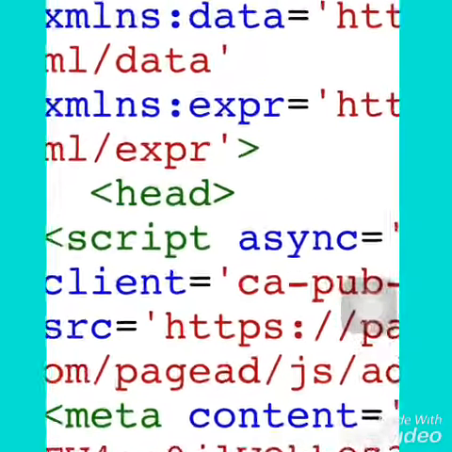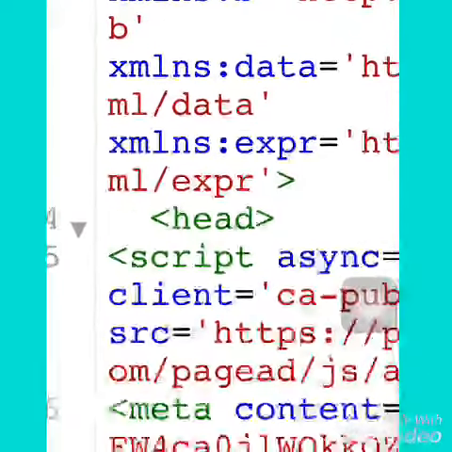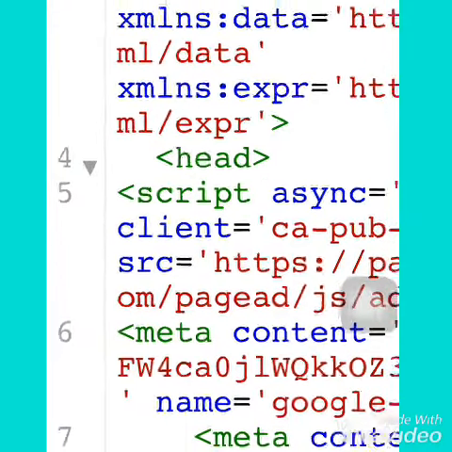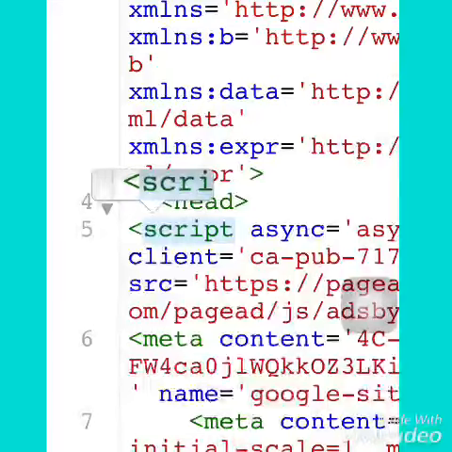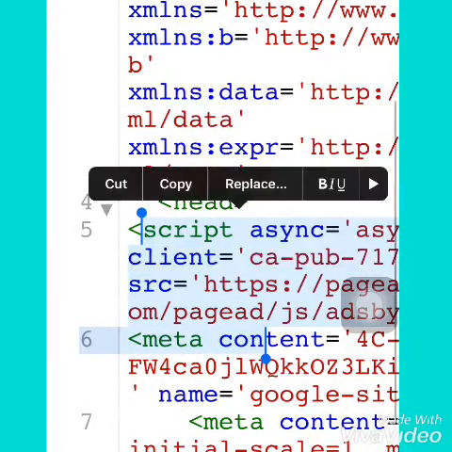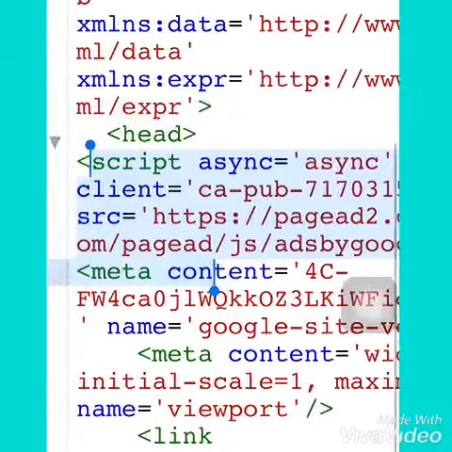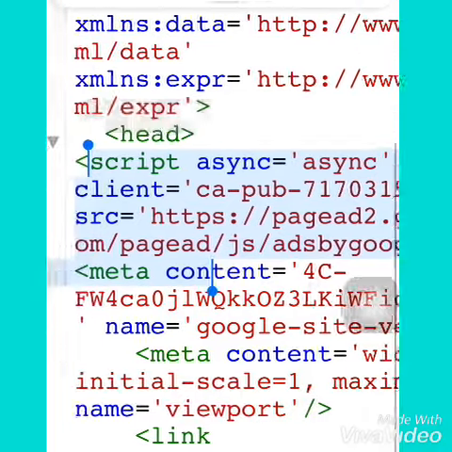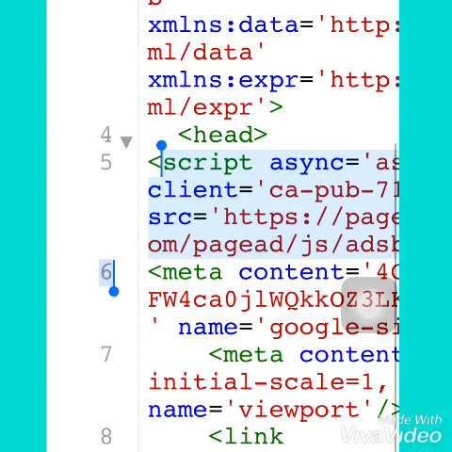You could see the head tag, that is number 4, the head tag. You place your AdSense code right below the head. This is the AdSense code. You could see that the AdSense code has been selected.